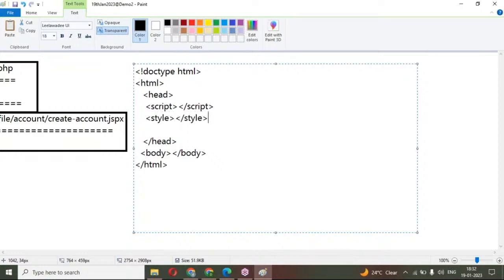For writing CSS code, we'll write the script tag as well as the style tag. The script tag I'm using for writing JavaScript code. The style tag we use for writing CSS code. Okay, style and script, we can use it like this. Next, we are going into